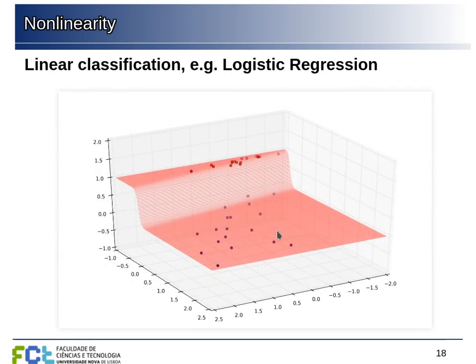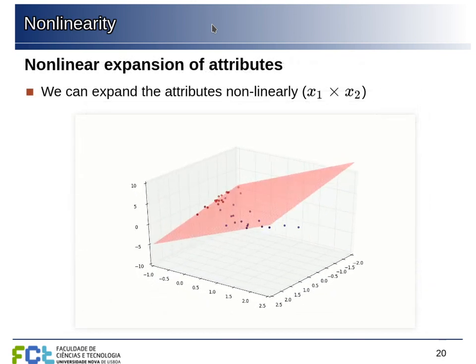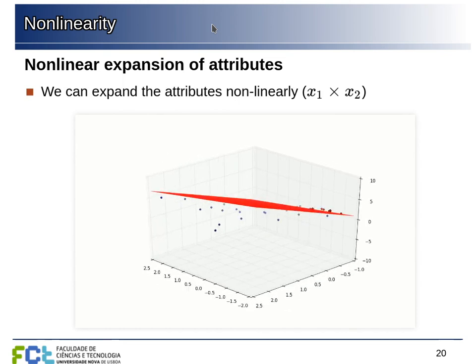For points that are in this region of space, we output a low value, so a low probability of belonging to the red class, and for points in this other region, we output a high probability of belonging to the red class. As long as the frontier between the two can be drawn with a straight line, this works well. The problem is that sometimes this doesn't happen. We don't have linearly separable classes in the space of the data that we are using, but we can solve this problem with those nonlinear transformations that we saw previously.